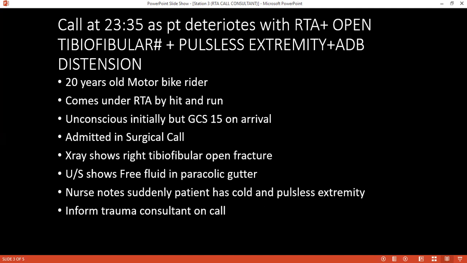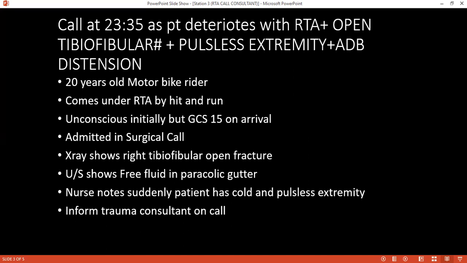So we already put the patient on IV fluid. We send for blood and cross match. We ask to prepare 4 units of blood. Then we have to inform the orthopedic surgeon. I have to inform the theater team and anesthetist as well, so that we can take the patient to theater for a repair of the vascular injury, and then, if possible, to put an external fixation, and then maybe possible